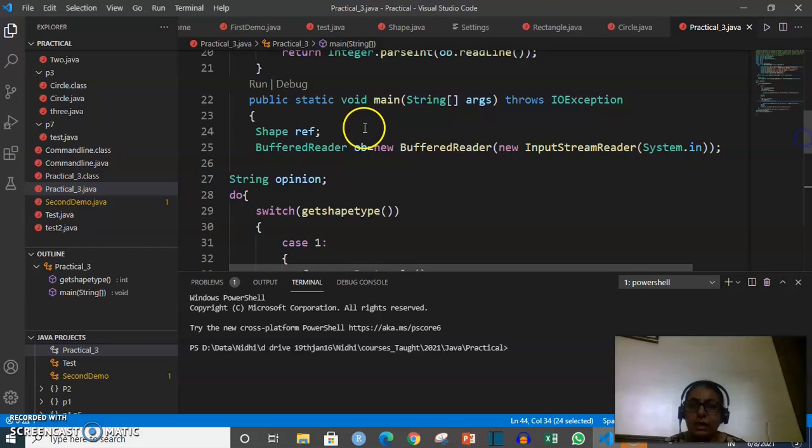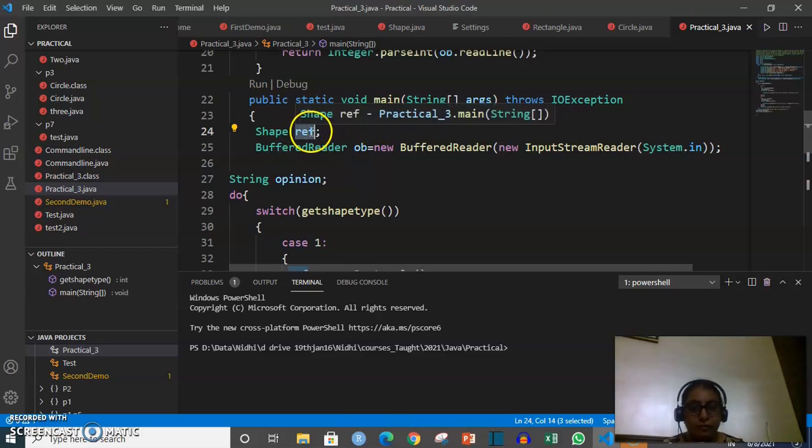Number 1, just see this, that only the reference variable of shape is created. We have not assigned memory of shape type variable, shape type class to reference, only a reference. Why? Because shape class was defined as abstract. We cannot write shape reference equals to new shape, because you cannot create objects of abstract classes.